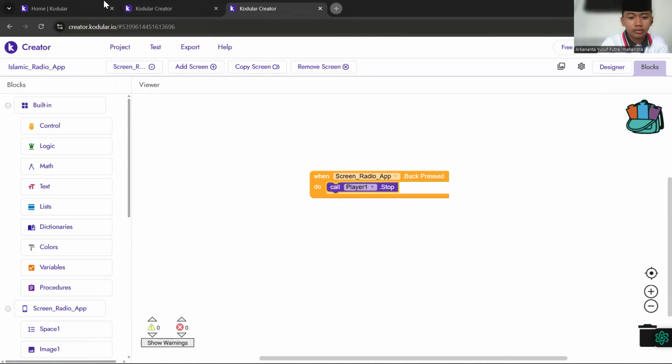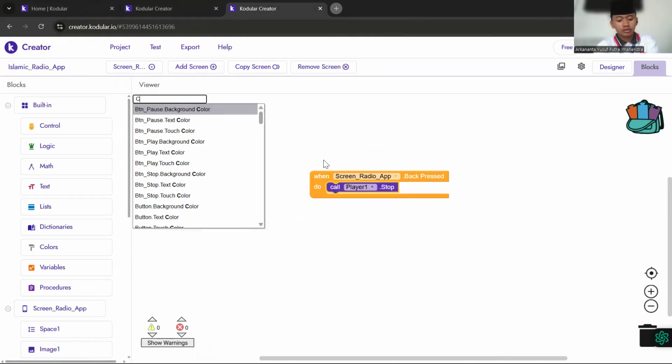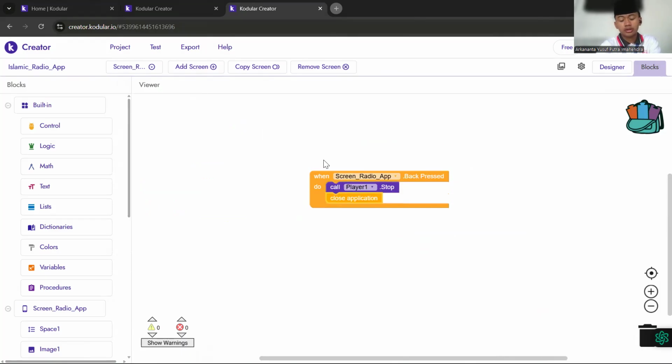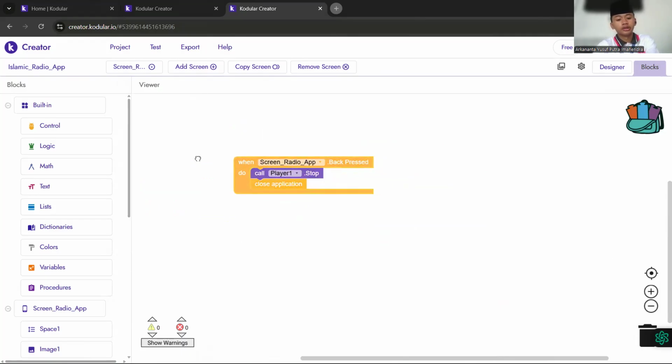Then close application. That's for the first code.